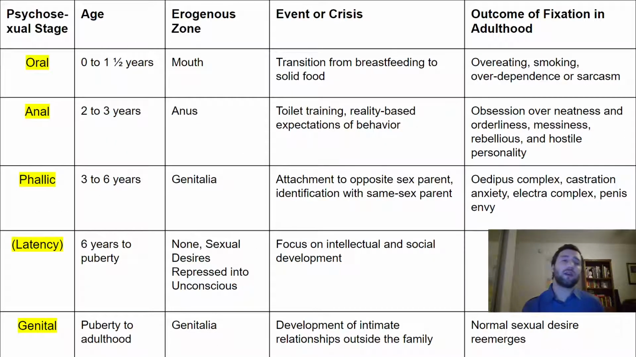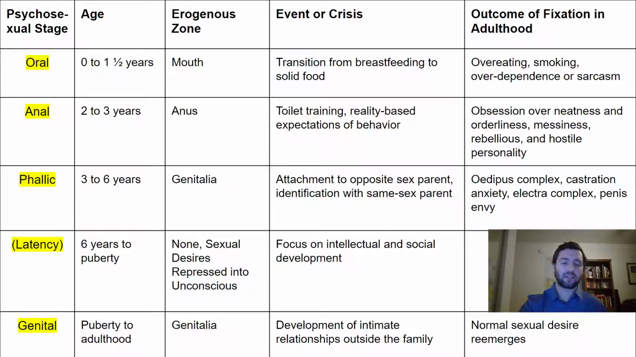So one thing I want to talk about is some of these pieces. We have these different psychosexual stages, right? Each of them has an age tied with it. Each has an erogenous zone, which is a specific part of the body, obviously. We have a specific event or crisis that will take place, and then we have an outcome due to this event or crisis, right? You can think of it in a similar way,